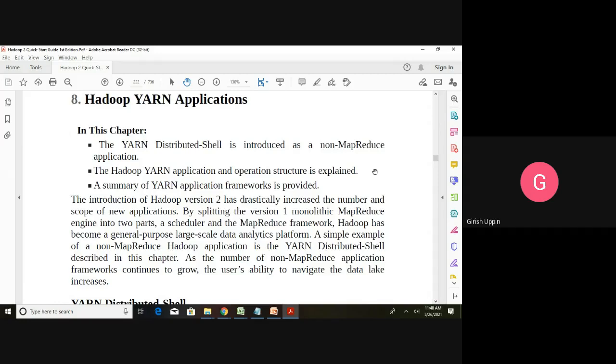There are many applications which are non-MapReduce, and most of the things we saw so far, whether it is Pig or Hive or Sqoop or Flume, underneath everything submits MapReduce programs. So YARN distributed shell is introduced as a non-MapReduce application.